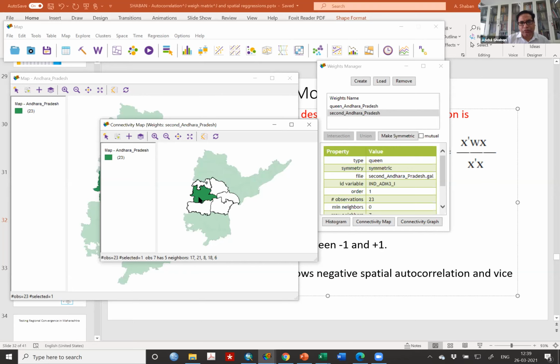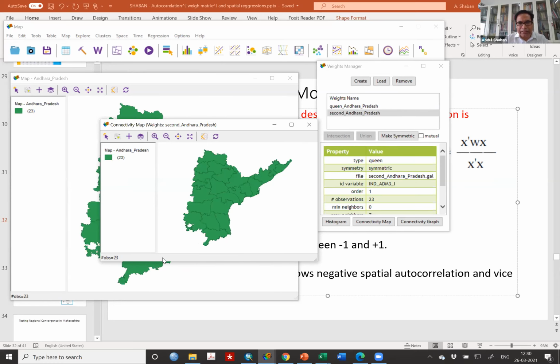The green one is the one whose neighbors you really want to know. For example, I have kept it here. All the neighbors are marked as white. So look at, anywhere you go, you look at it. There is one problem here I have noticed, but I will tell you later on. Let me tell you that there is some problem with my file. There is one district here which does not show any neighbors, but if I come, it is showing neighbor. So this neighbor, which is observation 12, just look downward.